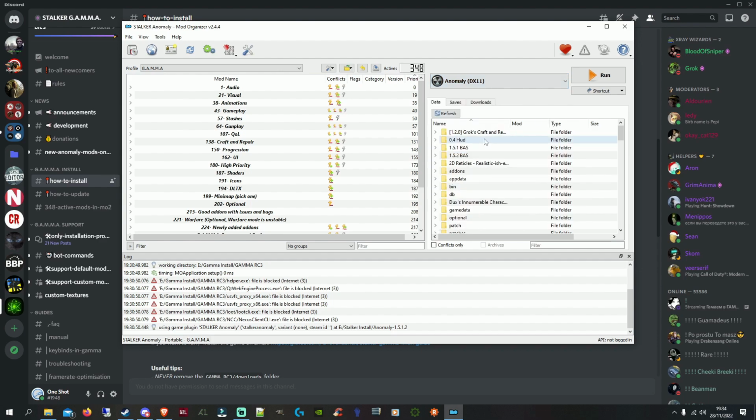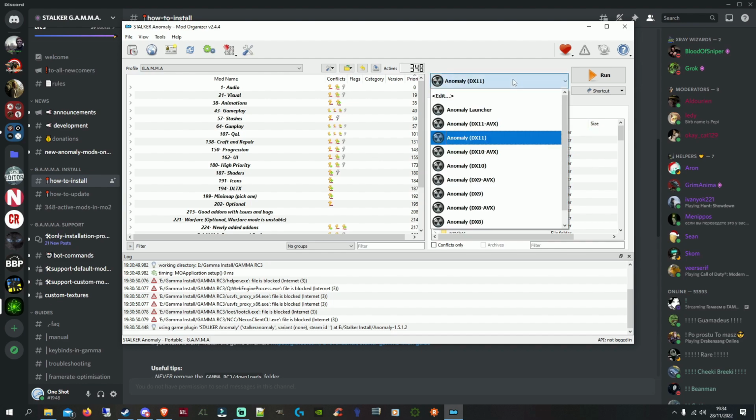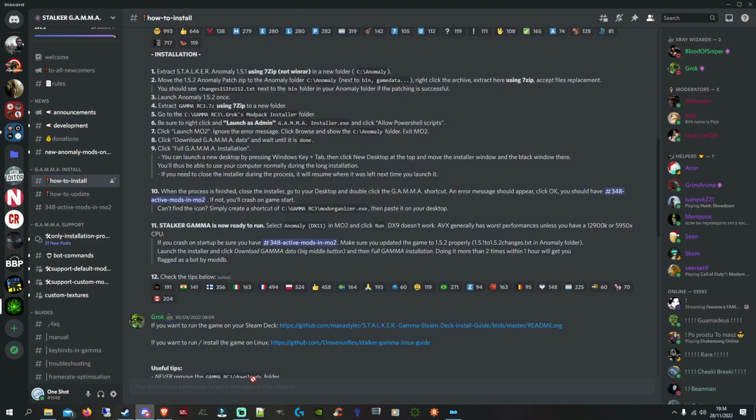I have just launched it up and tested it, and everything does seem to work fine. But a few weeks ago, when I did do this, I was running on DX11 AVX. But yeah, I would just test it, see if you have any issues. But generally, I'd say use DX11 unless you have a CPU of 12900K or a 5950X. And then apart from that, again, it says it here,